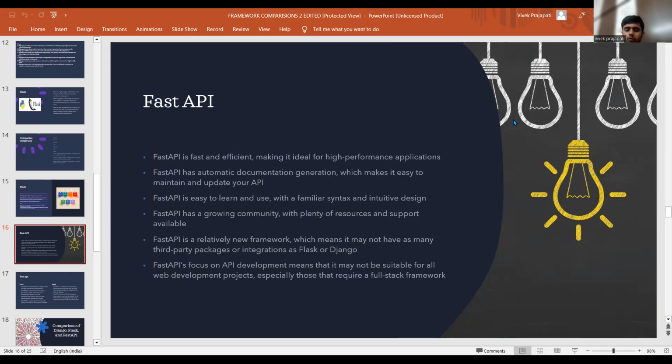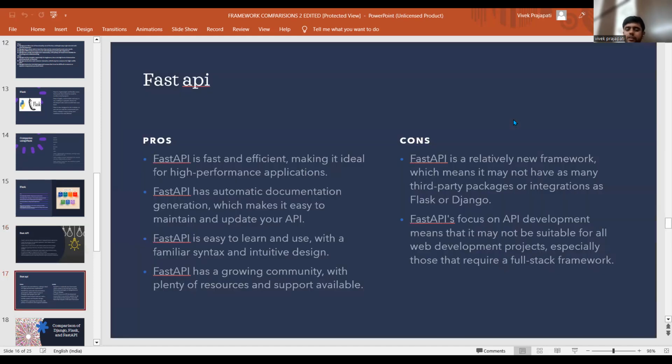So, what are the pros and cons for FastAPI? It is fast, efficient, has automatic documentation generation, and is easy to learn. Easier to learn than Django, I think, though not Flask. FastAPI has a growing community, so if you want to think about your future, I think FastAPI is good.